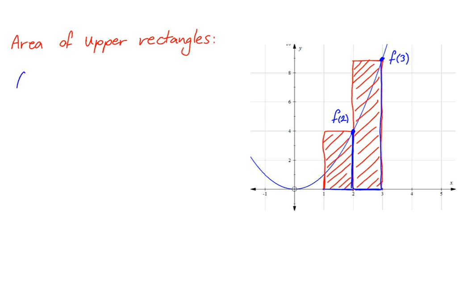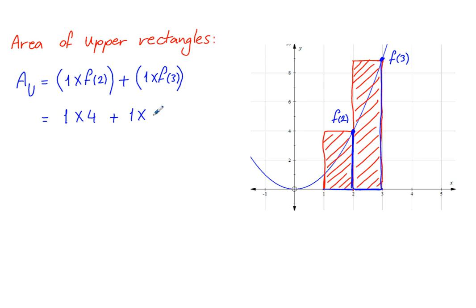So the area of upper rectangles is equal to 1 times f of 2, this will give the area of the first rectangle, plus 1 times f of 3. That's 1 times f of 2 is 2 squared, that's 4, plus 1 times f of 3 is 9. So that's 4 plus 9 equals 13 units